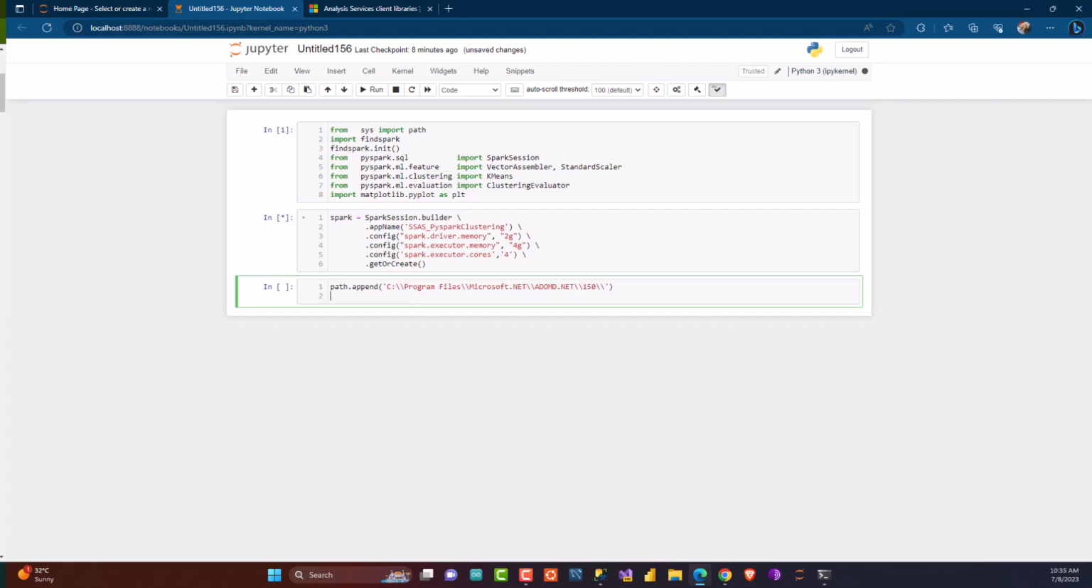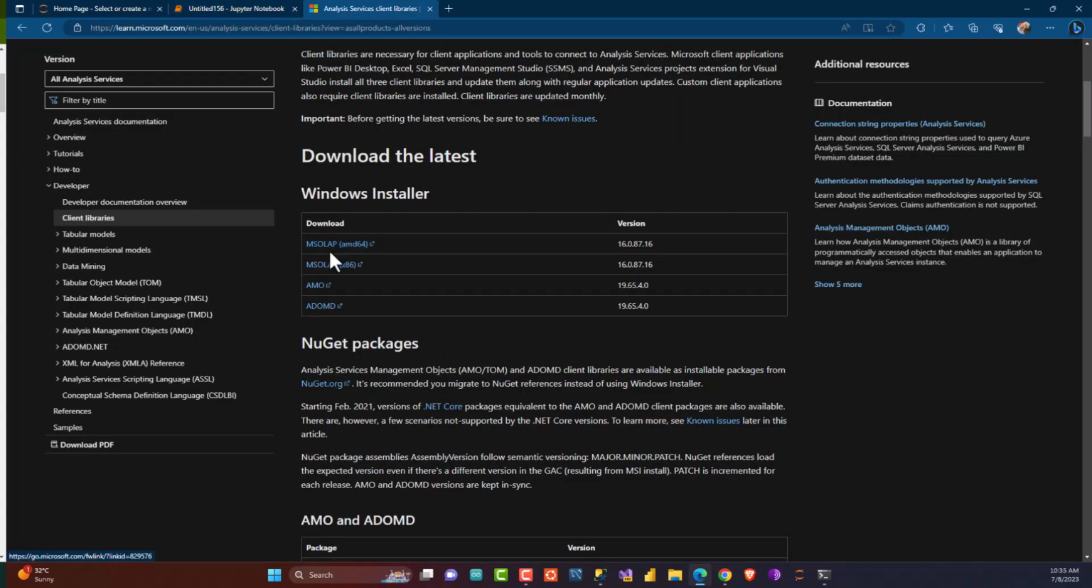Here, to fetch data from SSAS by PySpark, we need these libraries. MSOLAP AMD64 or MSOLAP x86. Yes, we need these libraries that can be downloaded from the Microsoft website. I have put this address in the description. Okay,